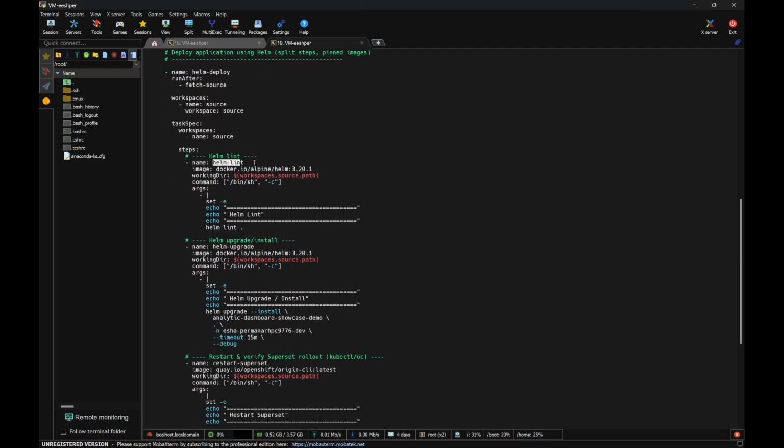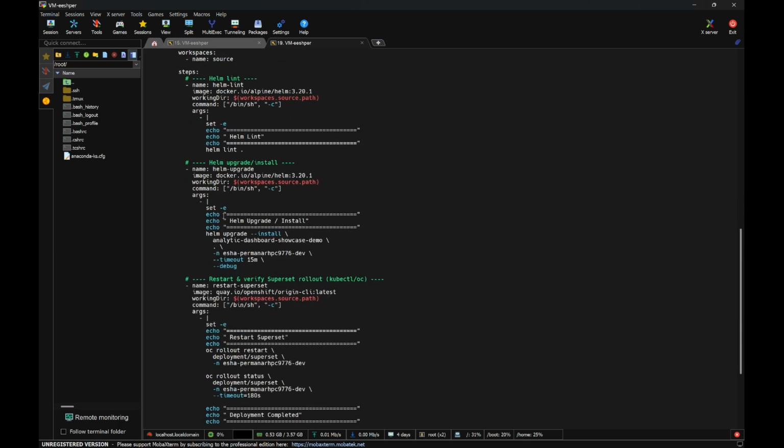We have Helm Lint for checking whether your template has a broken structure or any issue before deployment. And then this is the main command. We use both Helm upgrade and install.